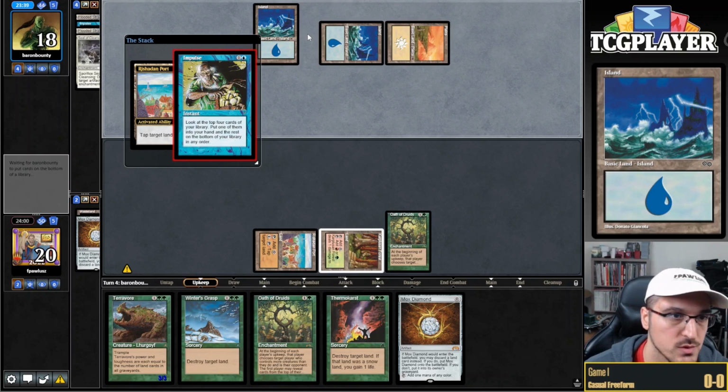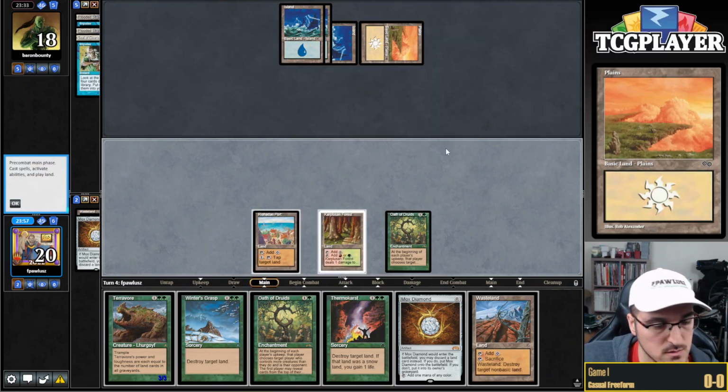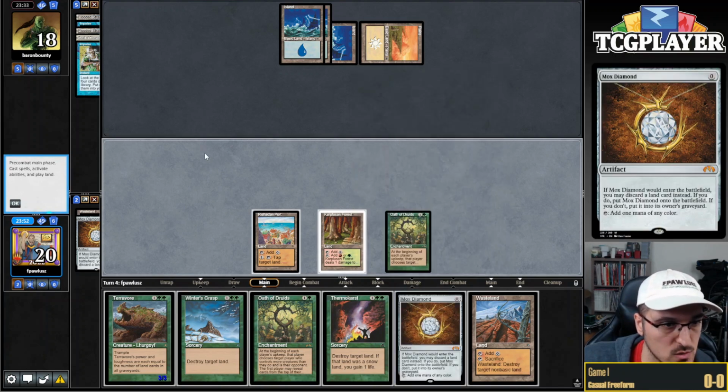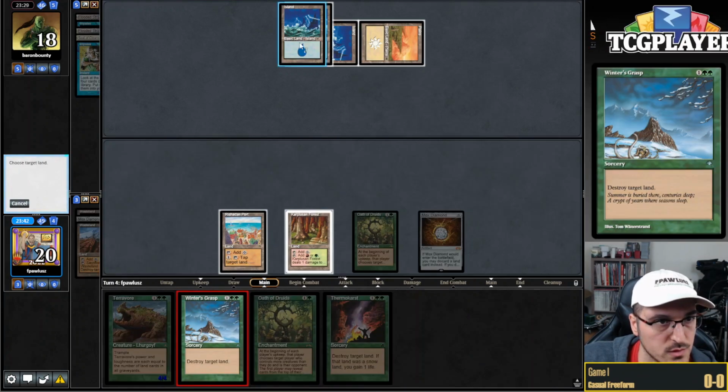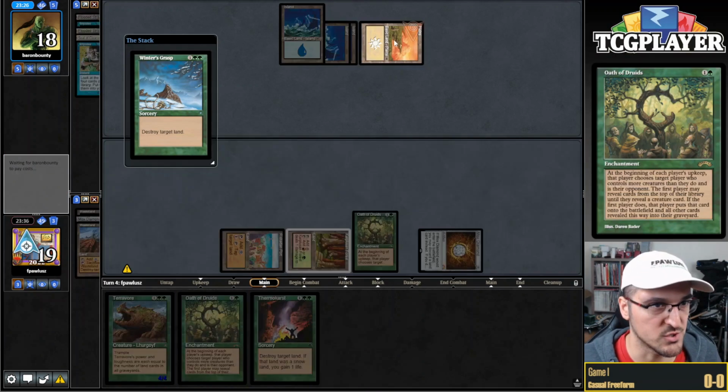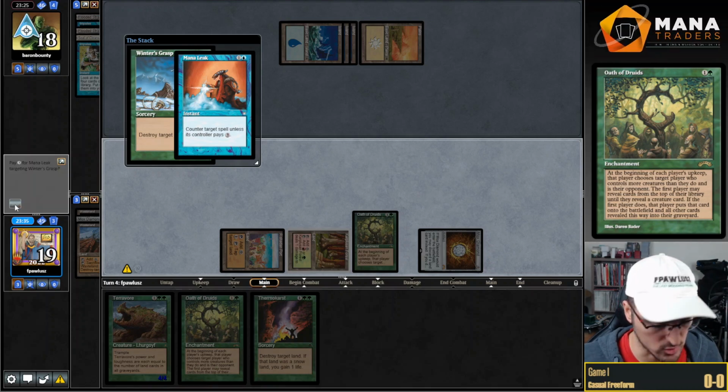Opponent getting value from Impulse. We really have to find a land here. Not quite the land I'm looking for. I'm gonna be forced to play out this Mox Diamond, I guess, so pitch Wasteland, and I'm just going to Winter's Grasp the basic plains. It's gonna get countered by Mana Leak, but I'm stuck on mana